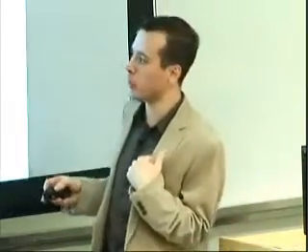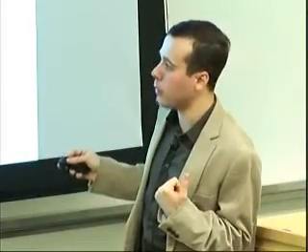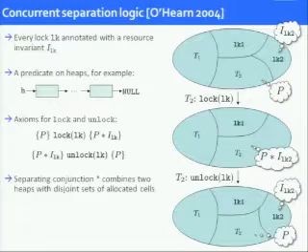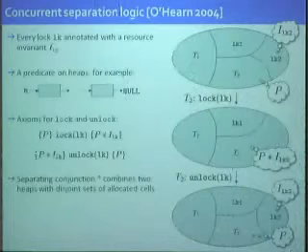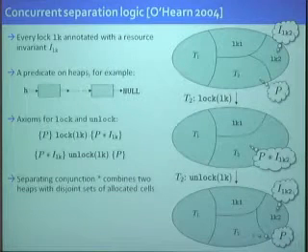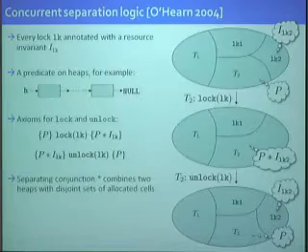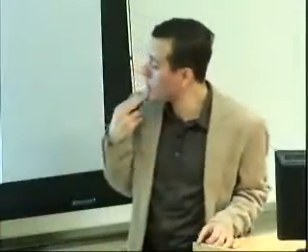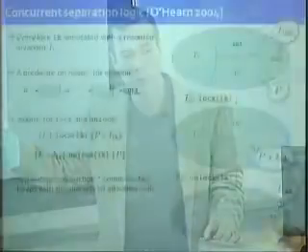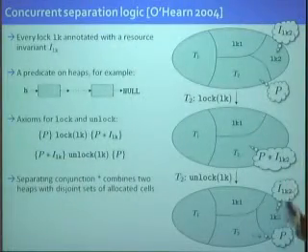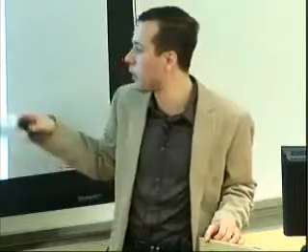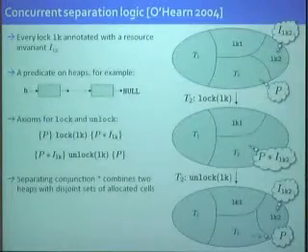Now, the unlock command works the other way around. It requires you to have the ownership, in your local state, of something that satisfies the lock's invariant. And after you execute the unlock, you lose the ownership of this part of the heap. So now the local state of thread T2 becomes smaller. Now notice that the boundary here and here may actually be different. That's because the thread might have transferred the ownership of some cells in between the lock and unlock commands into the resource invariant, for example. This is fine as long as the protected part still satisfies the resource invariant. So this picture may change in time.